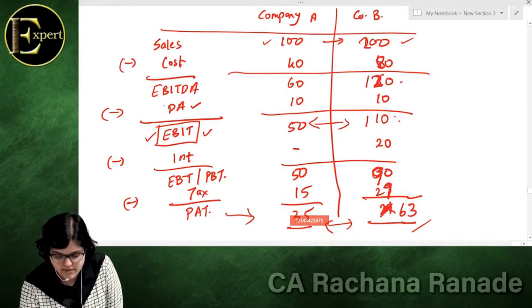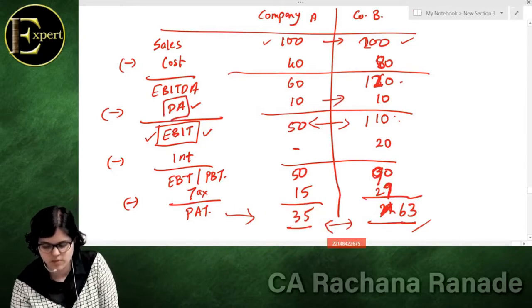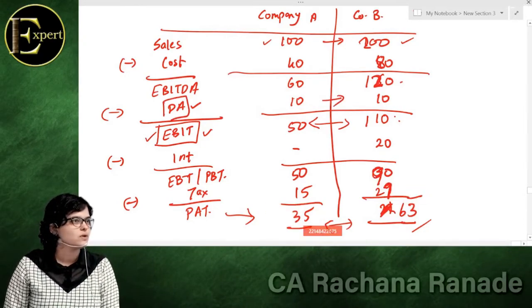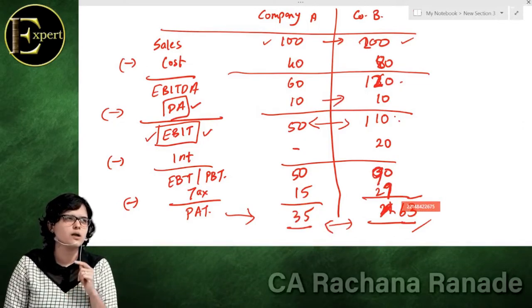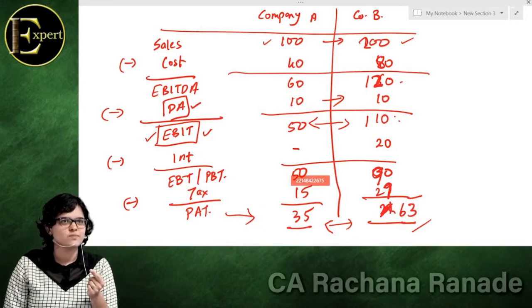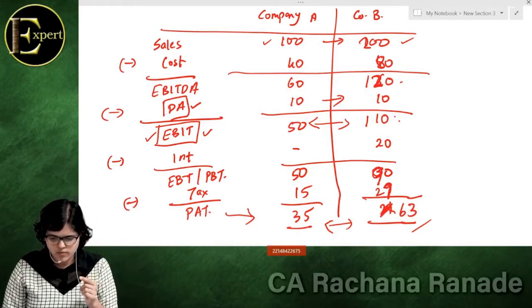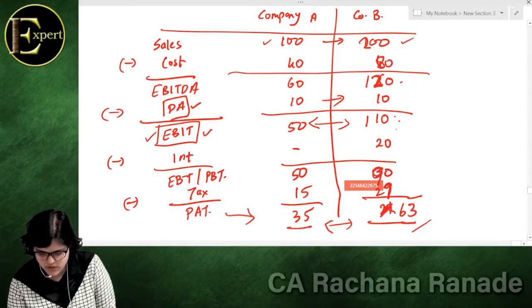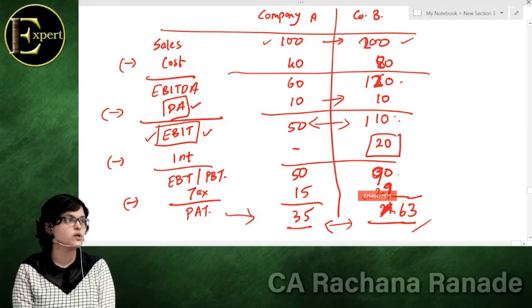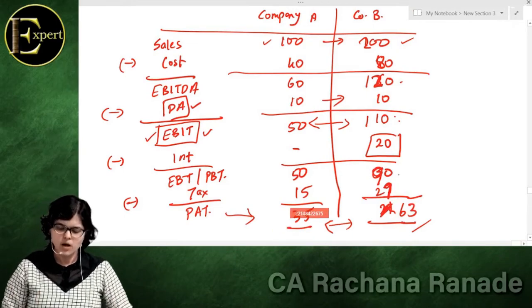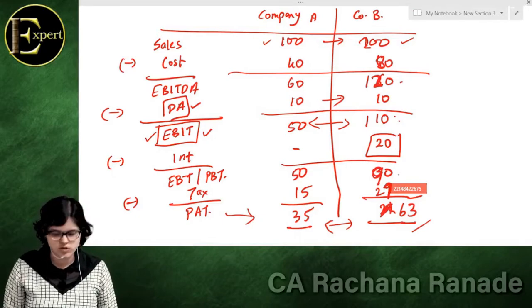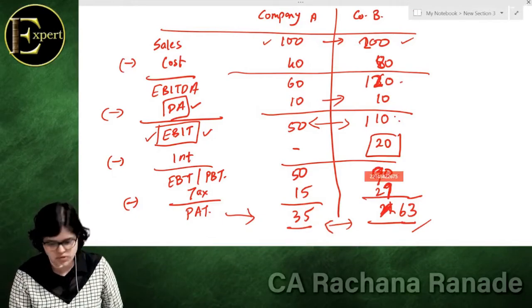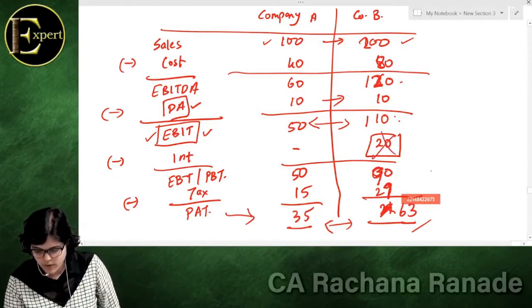Why? This depreciation is a fixed cost. This did not double. With the same level of depreciation, I was able to earn a little bit more. Now assume that your profit decreased, agreed, but it was only because of the interest element. Assume that in the coming future they repay the debt. So this interest will be 0. So in that case the profit will be 110.